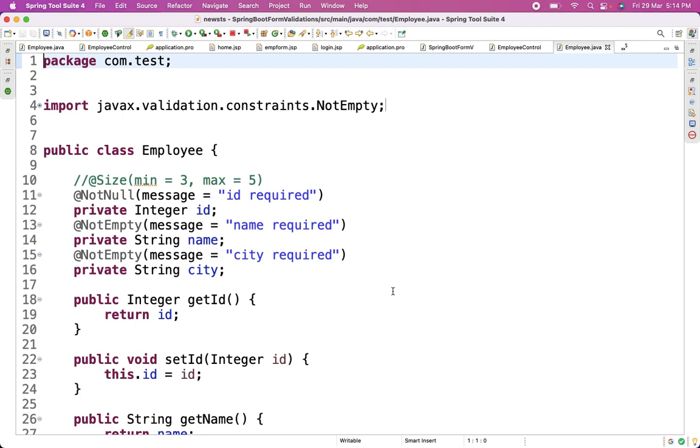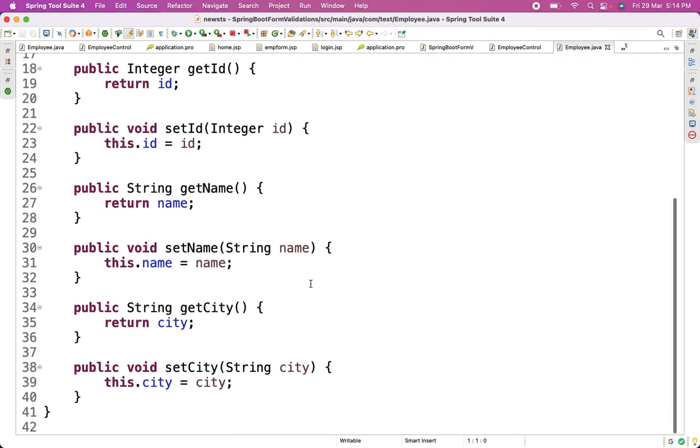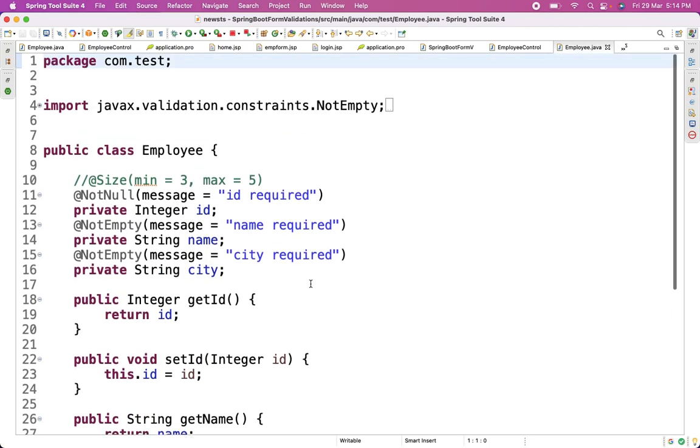So different constraints. Here, the validations we have given are the minimum requirement and the maximum requirement. All of this is just setters and getters. Next, coming to the